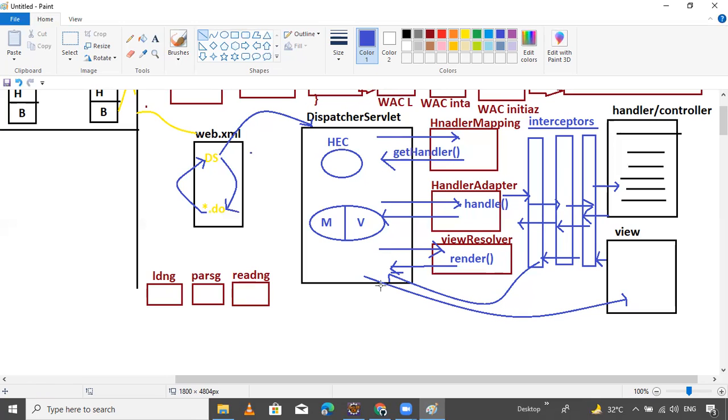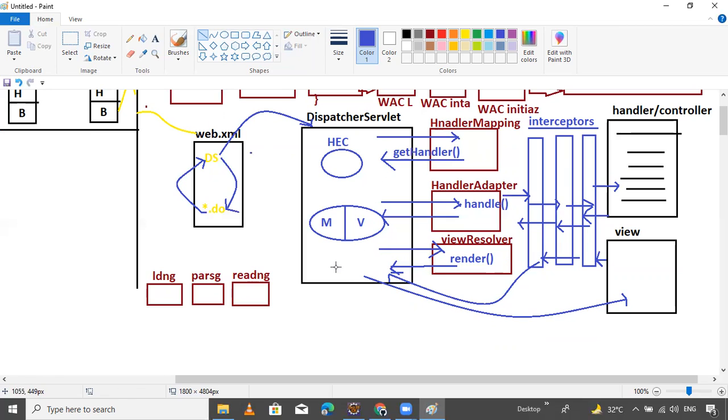You may get confused, but it's not required to get confused. Just simple. First, after the render method execution, the view resolver object goes to the dispatcher servlet. Then the dispatcher servlet gives the request to the view part. Then the interceptors are performed, and the view part goes to the dispatcher servlet.